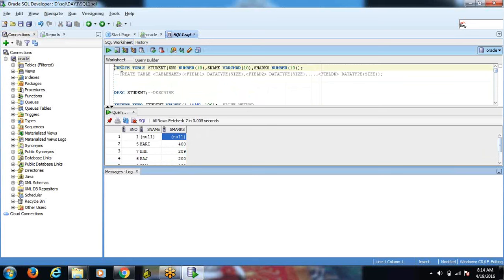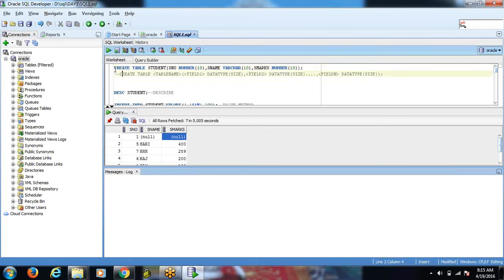Generally, why exactly are we using a database? Data is nothing but unprocessed raw data, and information is nothing but processed data, and a database is a collection of large data. The collection of large data can be managed and operated on in different types of scenarios and utilities by using the software called Oracle. In SQL we have different types of statements: DDL statements, DML statements, DCL and TCL also, different types of languages.